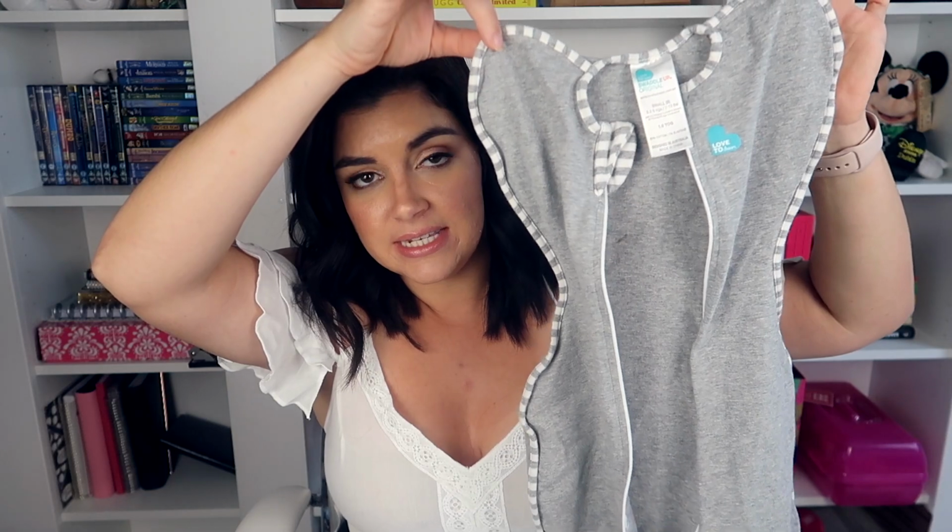So another item under $50 that I talked about in my baby essentials video that I tell all new moms to buy is this Love to Dream swaddle. Now this is very child specific. So Franklin, he slept with his arms down for a few weeks, but then he got really, really strong and he wouldn't stay sleeping with his arms down, and he actually wrestled his way out. So his arms would be out and he would just be like this, and then the whole swaddle was unnecessary. So I found these, and what's different about these is that their arms actually go up like this,